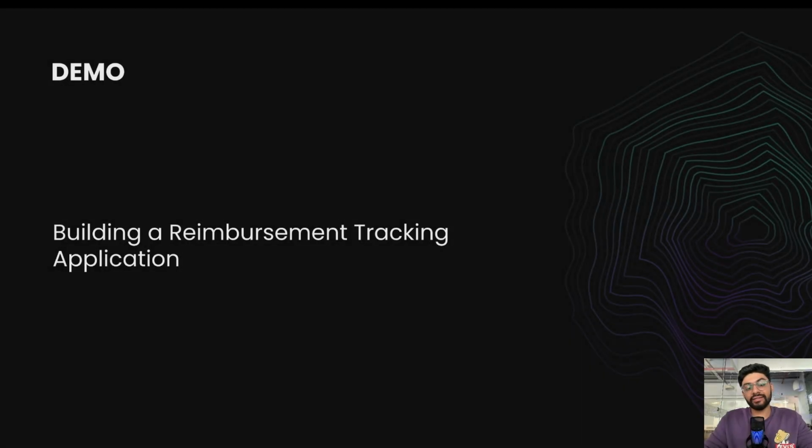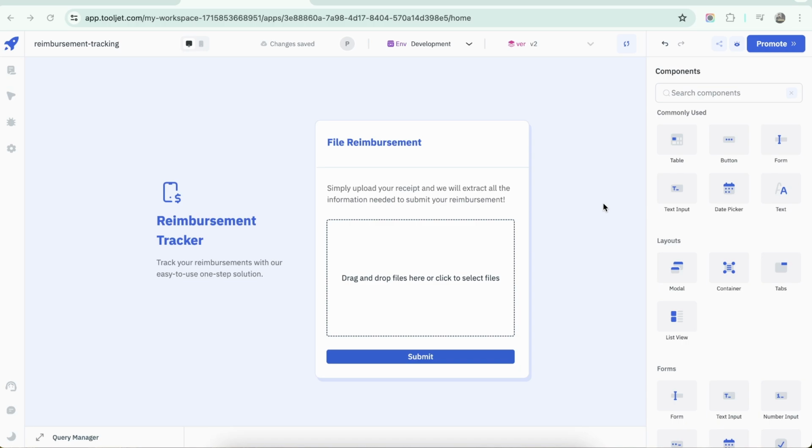Now before building the reimbursement tracking application, I would like to show you a quick demo of the app first. So this is the reimbursement tracking application that we're going to build today. Here we can drag and drop the receipts of the reimbursement, and then as soon as we hit submit, it will go to the Gemini API, it will extract the data, and then it will store it to the ToolJet